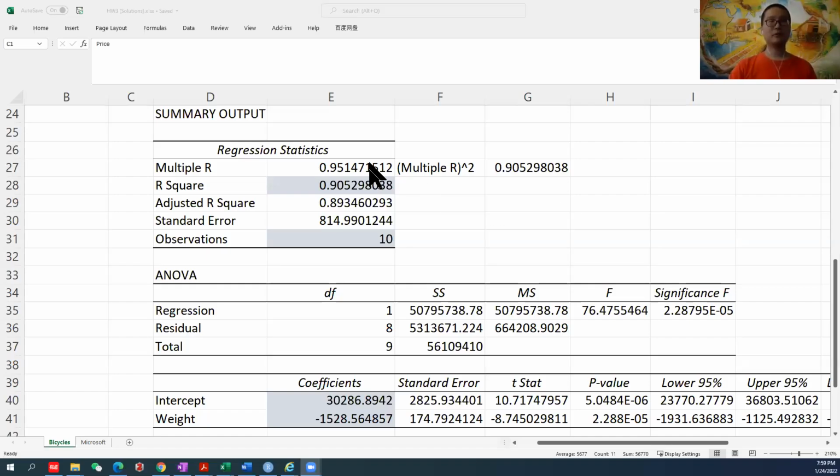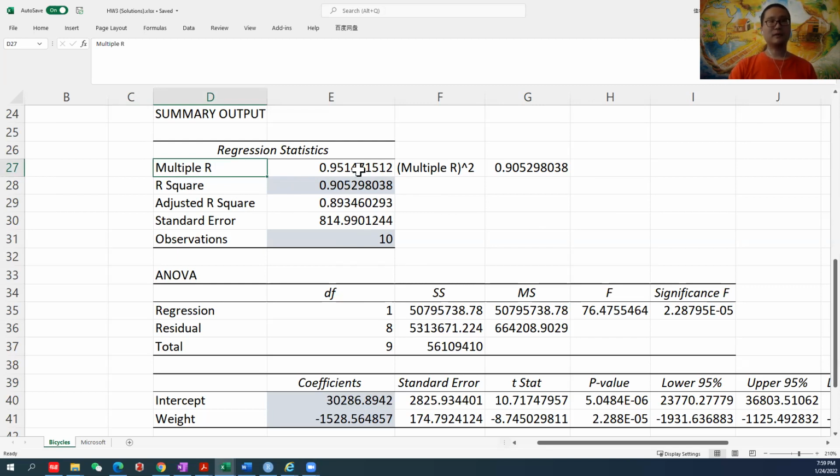First, let me share my screen, from which let's interpret each of the statistics together. So in a summary output of the linear regression,